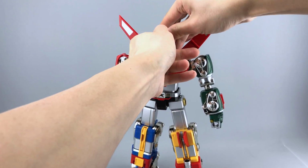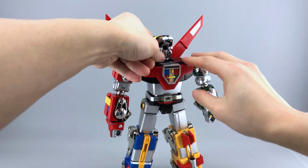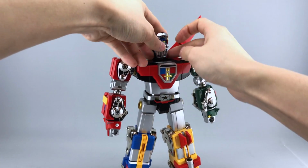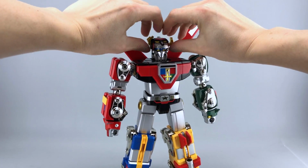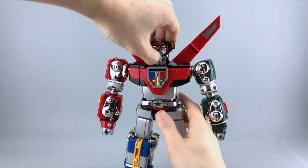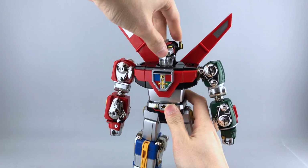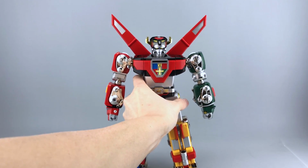You open the mouth all the way, and if the Voltron face comes down by itself, so be it, but you can go ahead and pull it down separately, like so. Form like the crest, and they suggest you actually push this down into the main body. You don't have to, but it just makes it look a little bit more proportioned if you do that. And there we go. We have Voltron